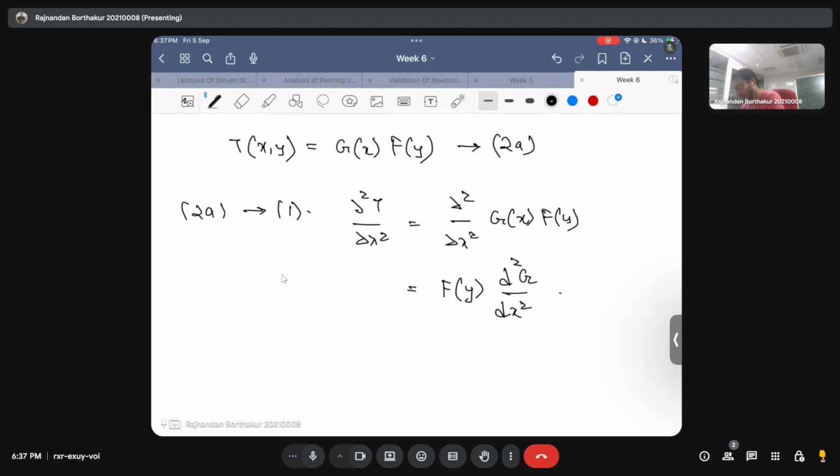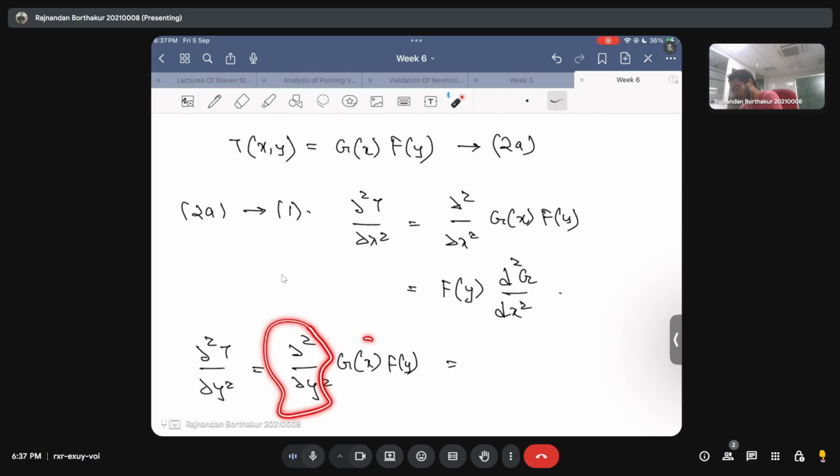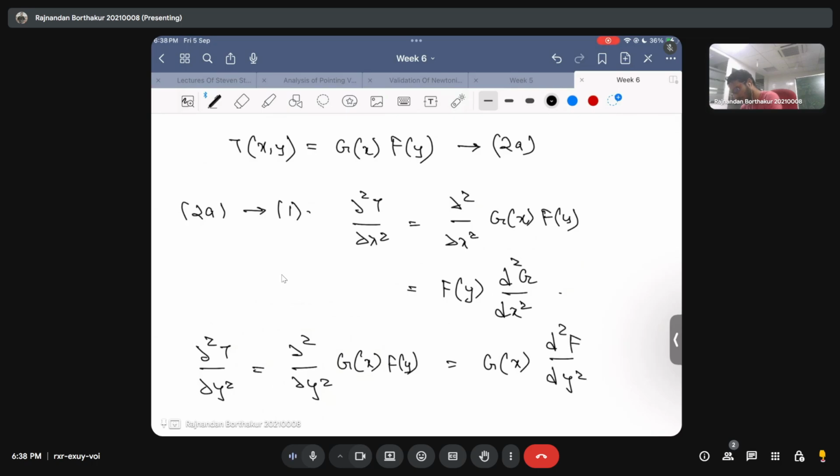In the same spirit, if you write del 2T by del y2, and then if you write the form of T that we are actually assuming, then this just becomes g of x times f of y. And the same conclusion goes here: this is a partial derivative with y, so a function of x will just come out of the derivative. So this then becomes g of x times d2f by dy2. Okay,